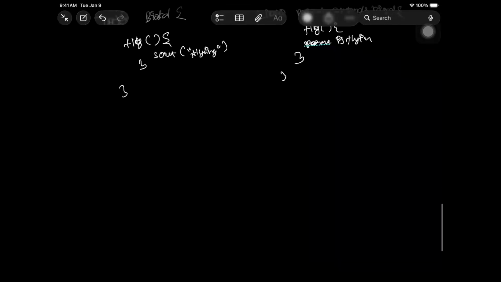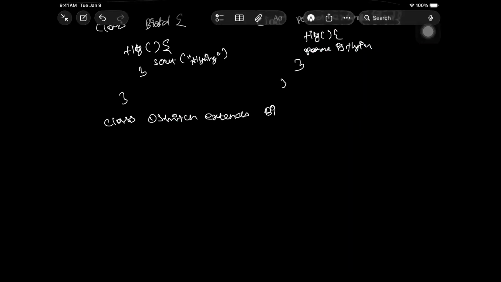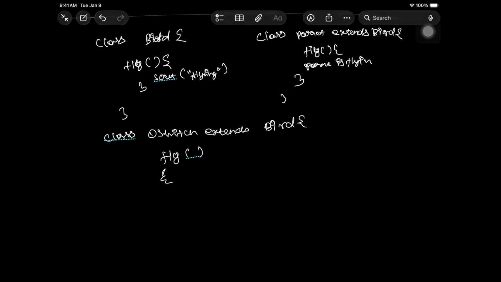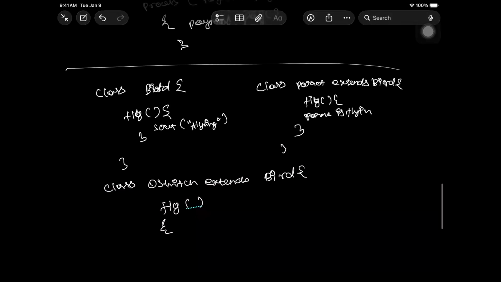Now we have a class Ostrich extends Bird. Now we have a fly method, but the ostrich can't fly, right? But what the superclass promised, it can fly. So this is wrong, right? So